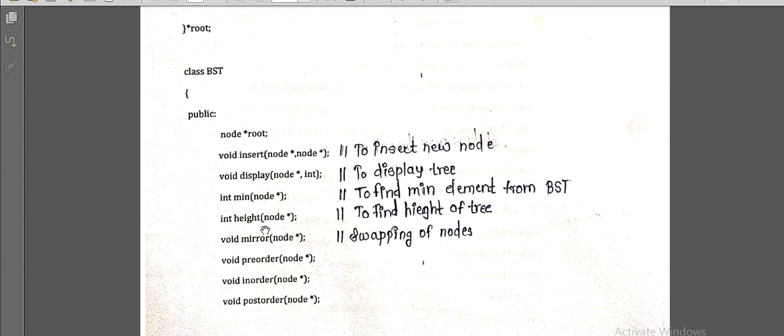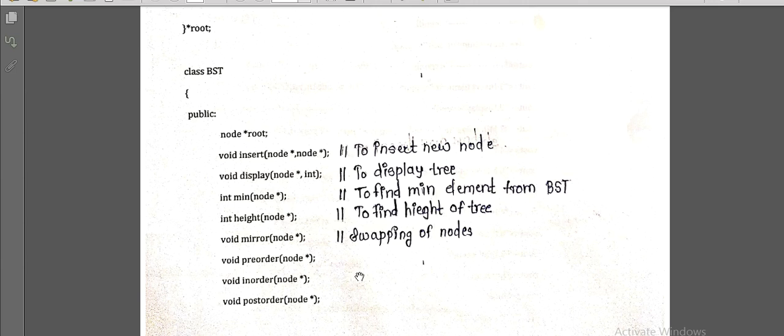After that void mirror. Mirror is nothing but if we want to swap the left and right elements, in that case we are going to use the mirror function. Next is pre-order, in-order and post-order traversal. So you all know that these are the three different tree traversals we are having. What is pre-order?